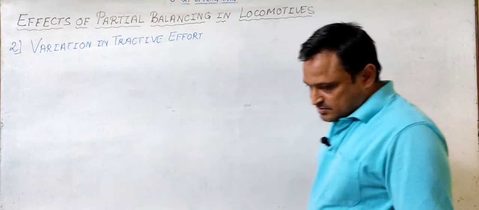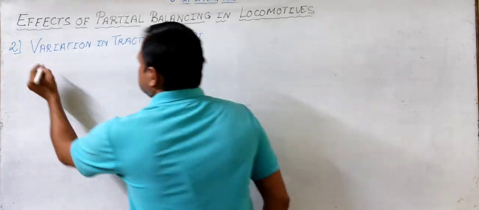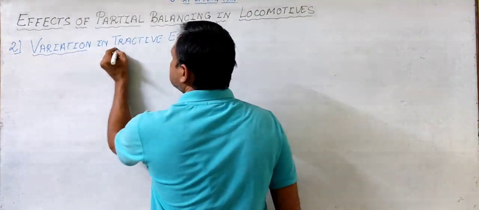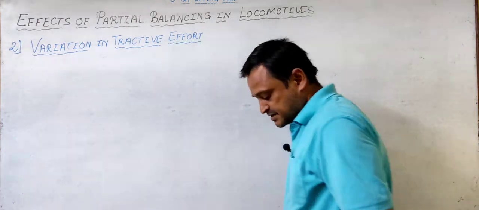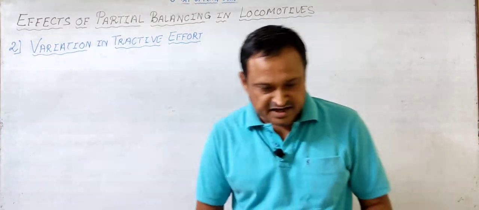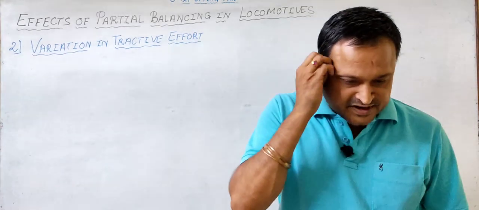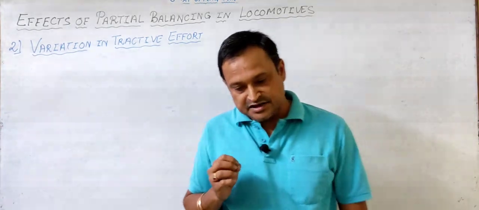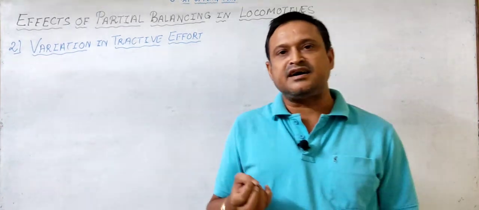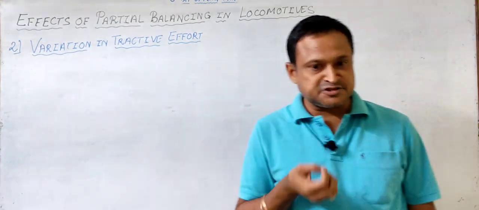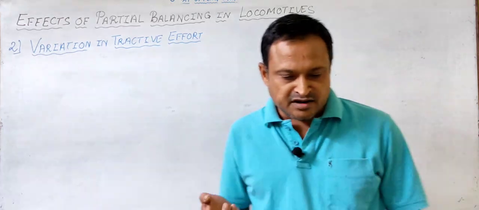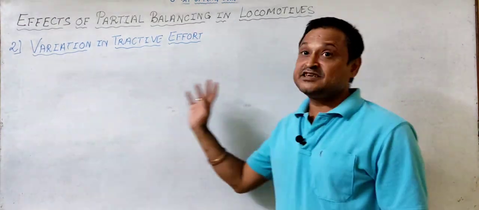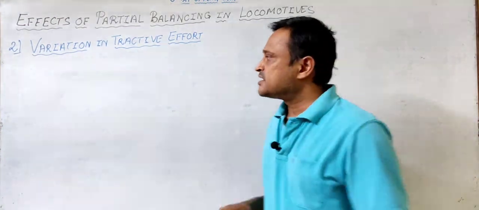Now let us talk about the variation in tractive effort. This variation of tractive effort is caused by the unbalanced part of the primary disturbing force due to the reciprocating mass in the system, right? So before